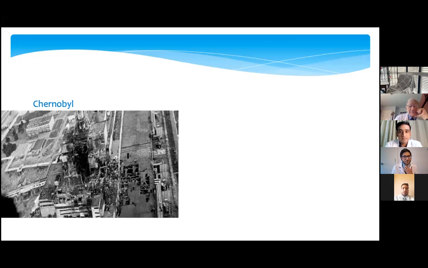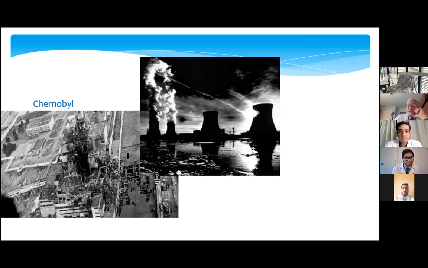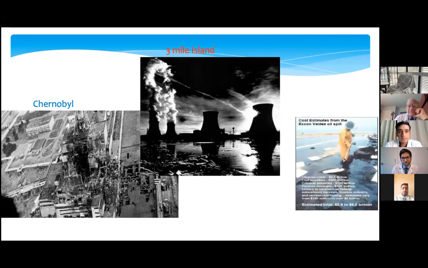This particular photo is about the Chernobyl reactor explosion that happened. It's basically sleep deficiency, as was another, the Three Mile Island accident at the nuclear reactor plant, and the Exxon Valdez oil spill, as many of you might be aware of. And all of these, along with multiple vehicular accidents, had a history of sleep deprivation, sleep deficiency, or insufficient sleep the night before. Now the Exxon Valdez itself cost around $6 billion. Now imagine how much more it costs overall.